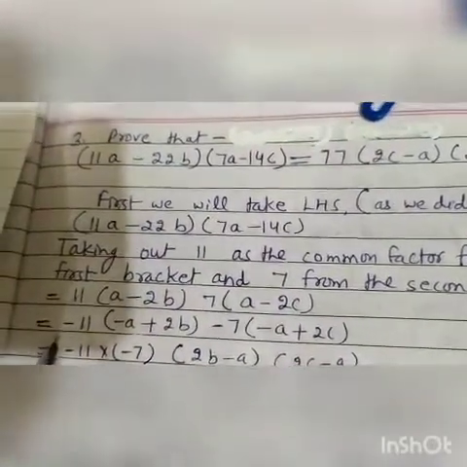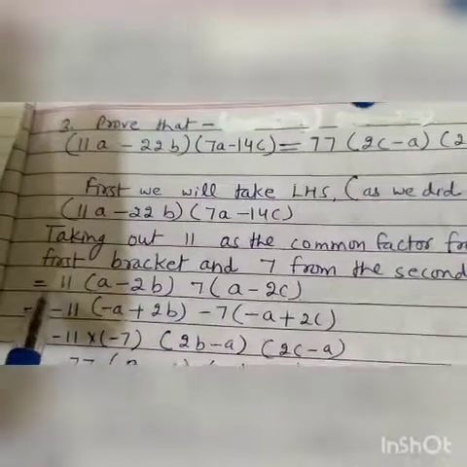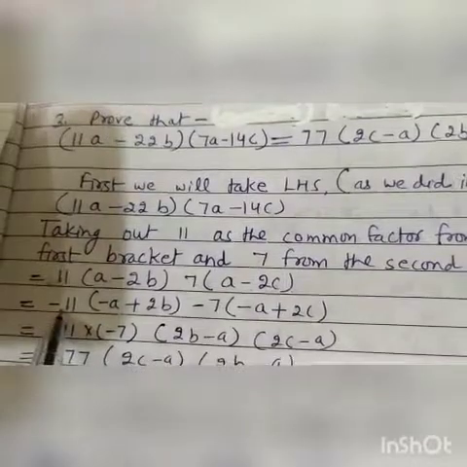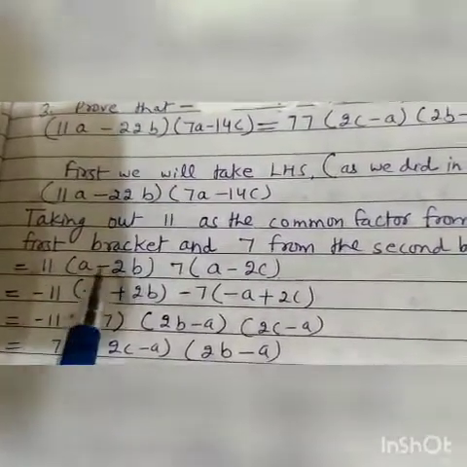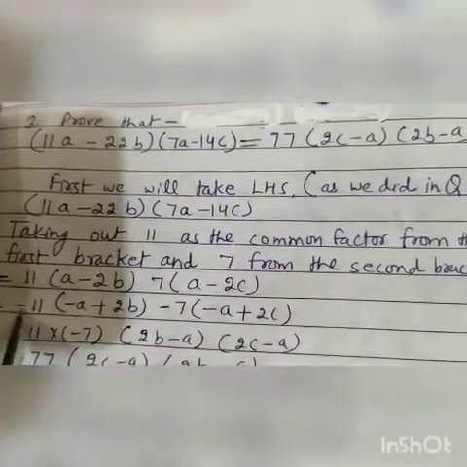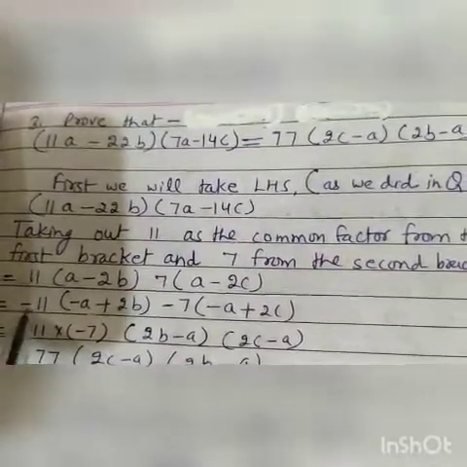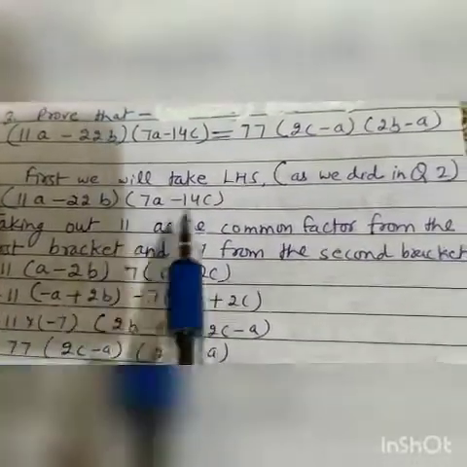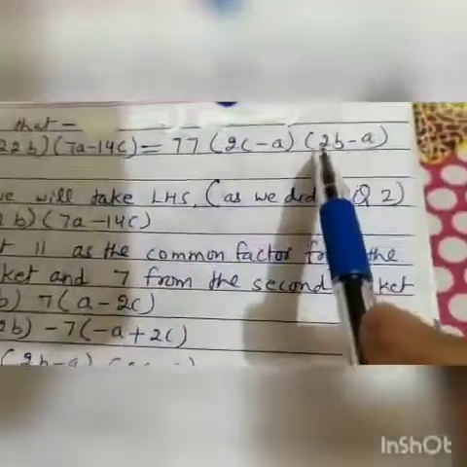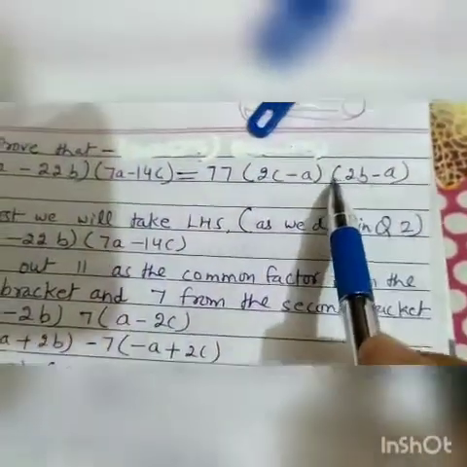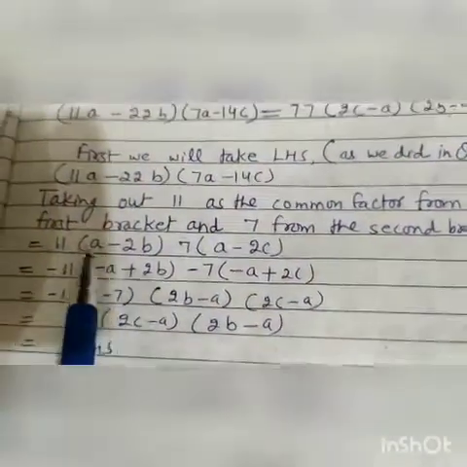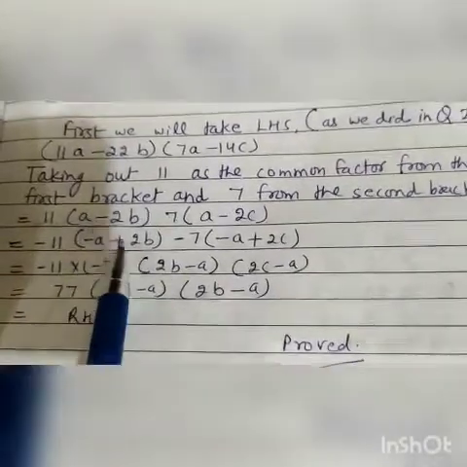Now see here, this is plus 11. We will change it to minus 11. Then this plus a will be minus a and minus 2b will become plus 2b. Why we have done here this minus? Why we have taken out this minus as common? See, if we compare it with right hand side, here it is a − 2b, here it is 2b − a. We have to change the sign, so we will take minus as common. Then sign will be changed. It will become minus, it will become plus.